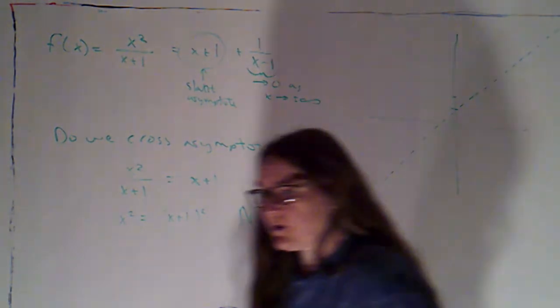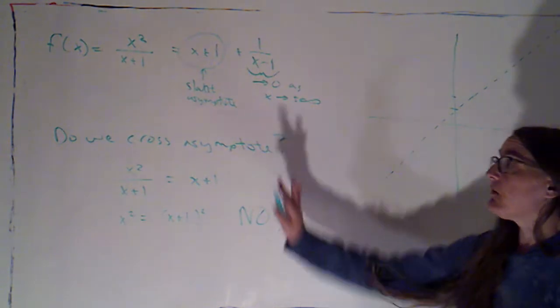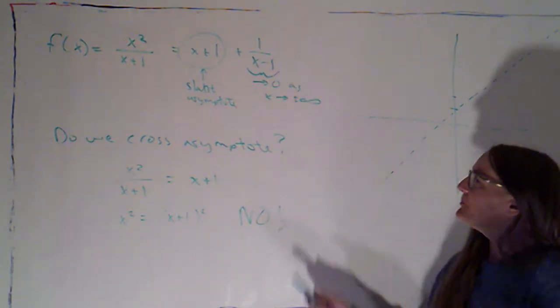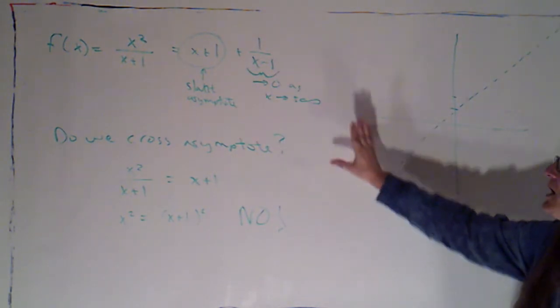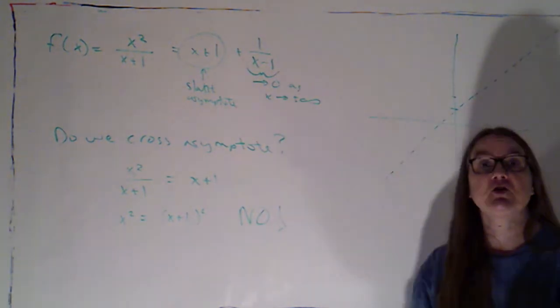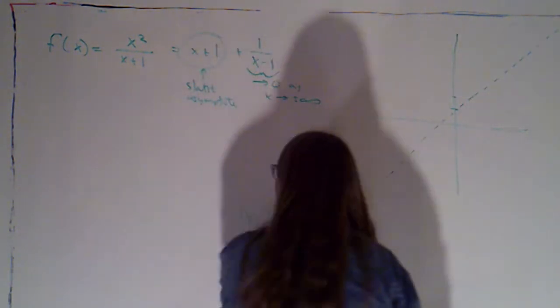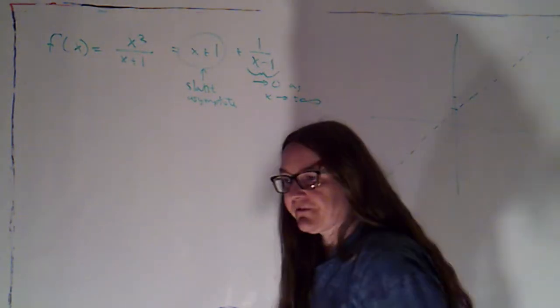Okay, so that gets us our slant asymptote. Now I'm going to keep going with this, but if you stuck with me from the beginning of the video, I would suggest you pause now, try to do the rest of the problem, then tune back in and check your work. Okay. All right, so let's find some